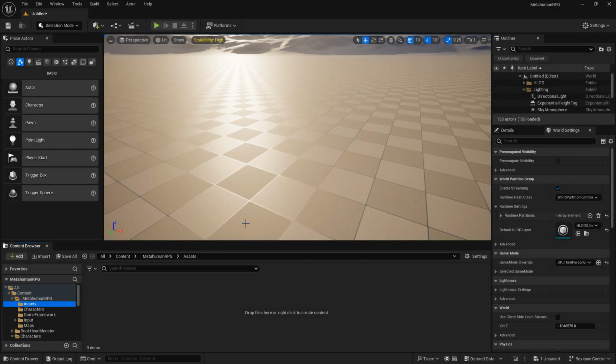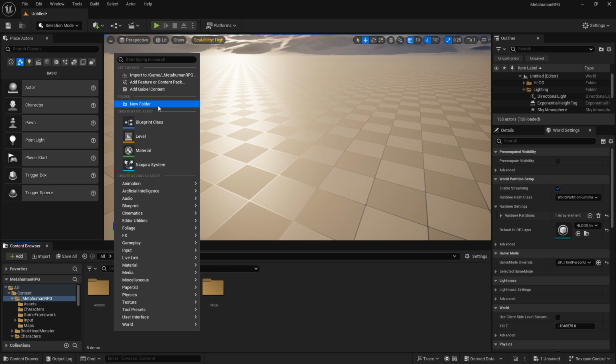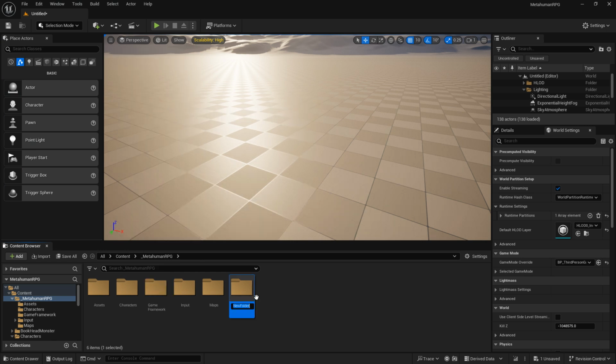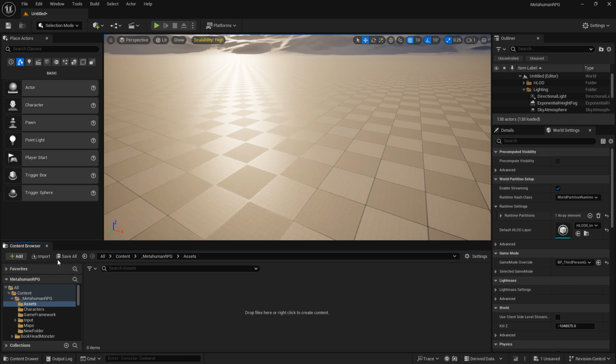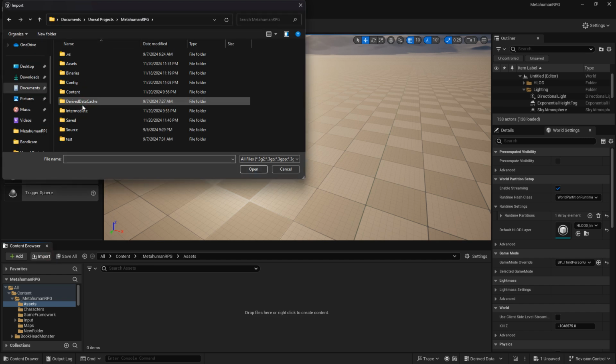Inside of Unreal Engine, I want you to go to your Metahuman RPG folder, and I want you to create a new folder here by right clicking and going up here to New Folder and create a folder called Assets. I already have one, so you just create yours and go in here and click on Import. And navigate to your Metahuman RPG folder. And from here, click on your assets